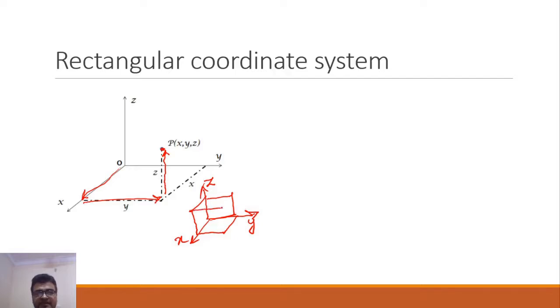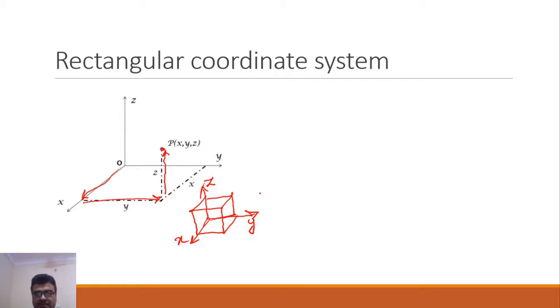And if I try to make the parallel planes which are parallel to all these planes that I have made, I will get 6 planes that will intersect each other. So that's how you will either get a cuboid or you will get a cube. So the shape that we will get by joining all these planes, or we can say joining all the edges that are possible, we'll get a shape which is known as cuboid or cube. That is why this type of coordinate system is known as rectangular coordinate system or Cartesian